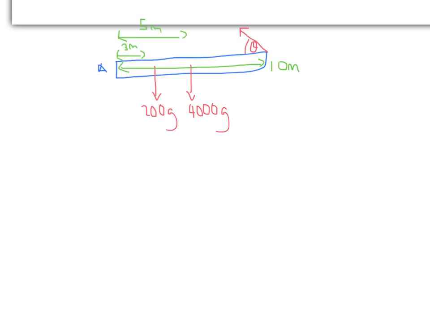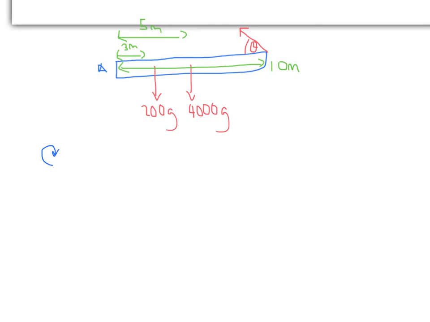So this is a way of showing the different forces that are acting on the drawbridge. So we need to think about looking at the moments here, because remember, if there's a pivot here, there's going to be support forces which we don't know in this example. So we're going to need to use a moments case to work out the tension, because there are forces we don't know. So if you take moments about A,